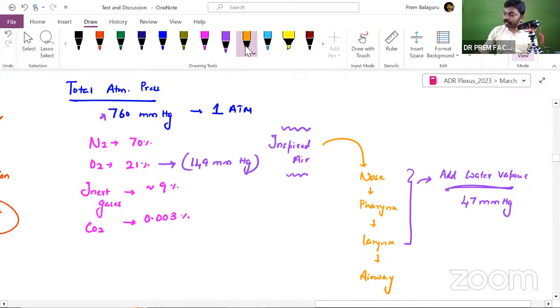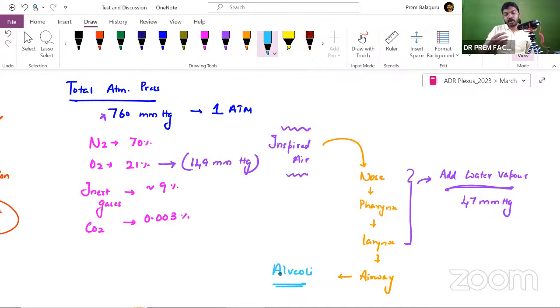As a consequence, when the air from the atmosphere reaches the alveoli, the partial pressure of oxygen is going to be diluted by water vapor coming and diluting the oxygen. So when the incoming air is going to be mixed